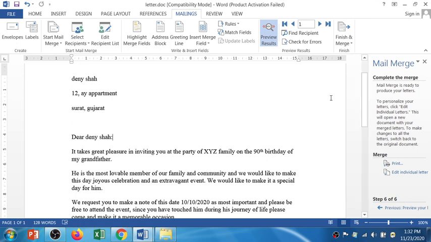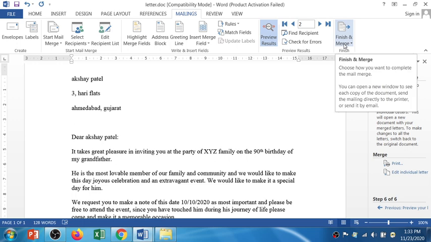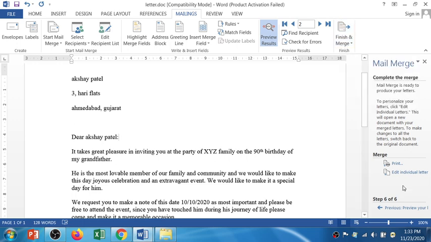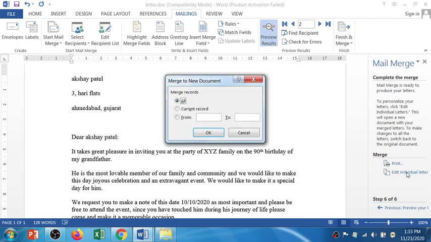See, since the mailing option is enabled, you can navigate through this option from the preview results section of the mailing tab, right? But let's say if you want to take a print, this is the finish and merge option. So what I'm going to do, the last option is edit individual letters.